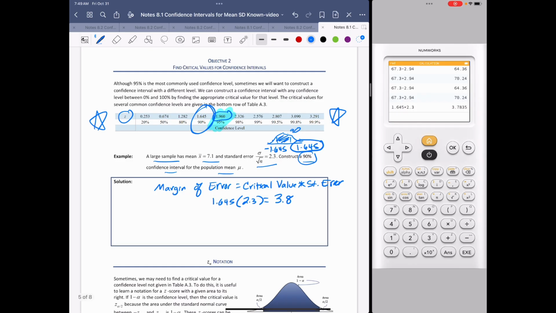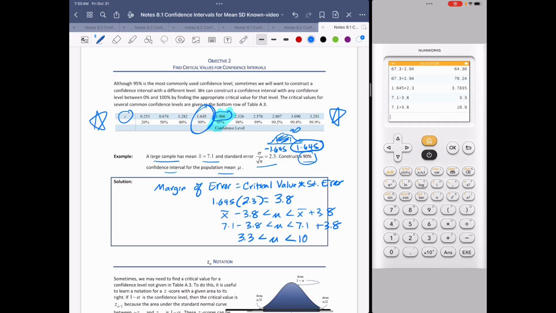It says, okay, x bar minus 3.8 is less than mu is less than x bar plus 3.8. X bar is 7.1. All right, so I'm going to do 7.1 minus 3.8 is 3.3 is less than mu is less than 7.1 plus 3.8,